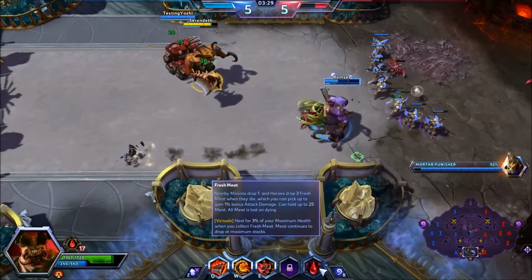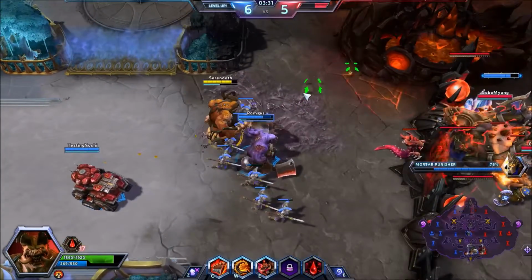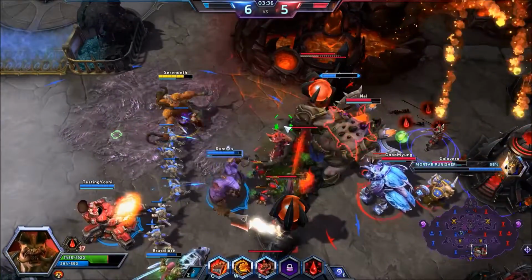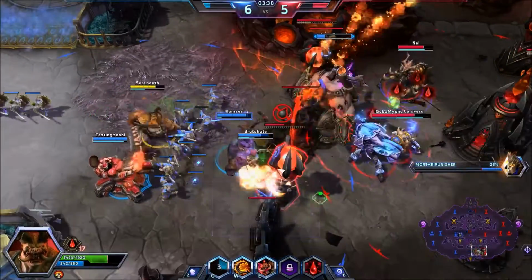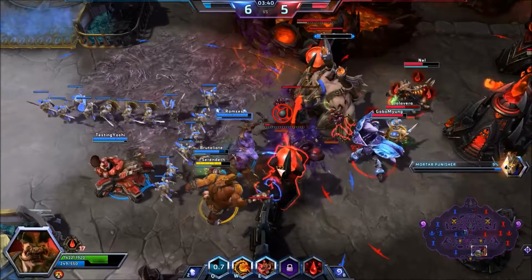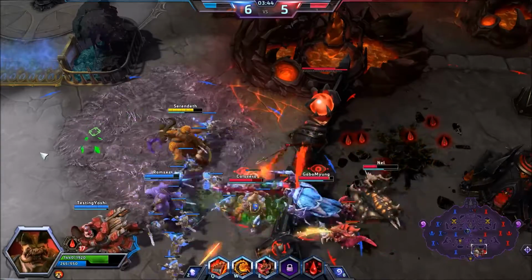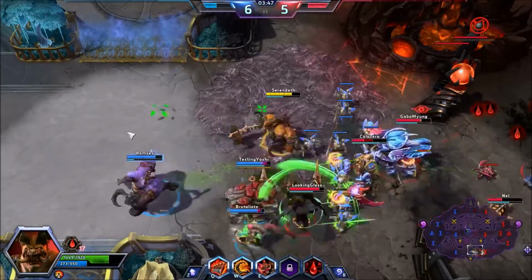Okay, so our trait is called Fresh Meat. Whenever an enemy minion or hero dies nearby, fresh meat stacks are going to drop down. 1 for minions, 3 for heroes. Now this is going to not only heal us, but give us a stacking...